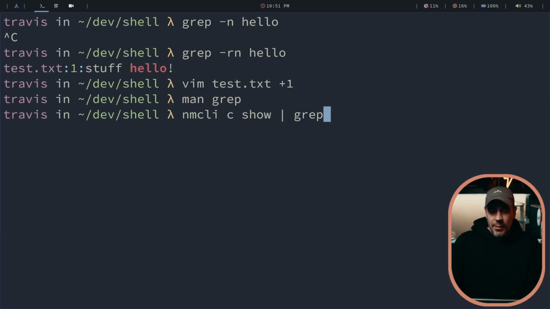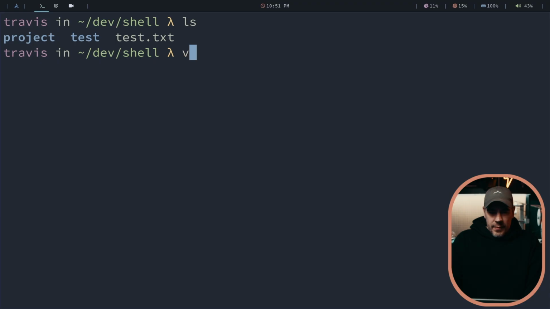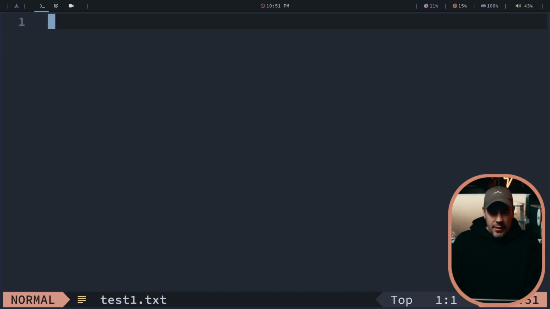So if we do nmcli show and then grep, and I better do ignore case, I'm looking for zap, it's going to show me, it highlighted in red the word zap, and it gave me the entire line. All right, let me make a test1.txt and just put in hello and hi,